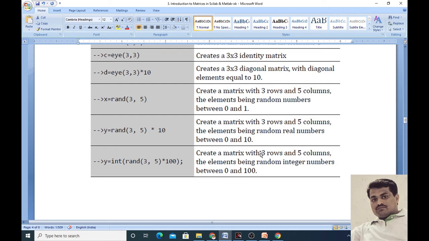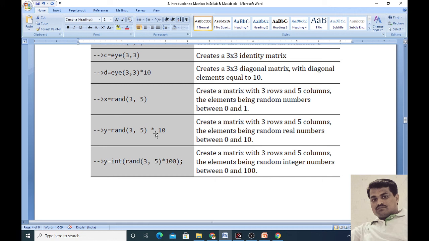Similarly, for multiplication, rand 3 comma 5 times 10, star 10, creates a matrix with 3 rows and 5 columns, and the elements being random real numbers between 0 and 10. Here by default we are taking 0 to 1, but if we want 0 to 10, then we use this command.